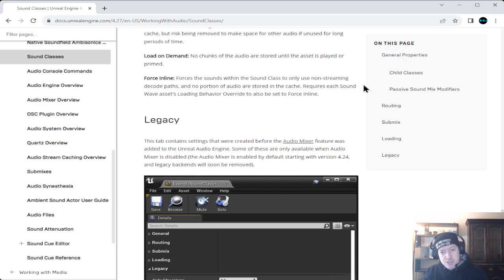So it requires each sound wave asset's loading behavior override. Okay, what is that? Sound wave assets loading behavior override. I don't know what that is. I mean, it's like, huh? And then of course,